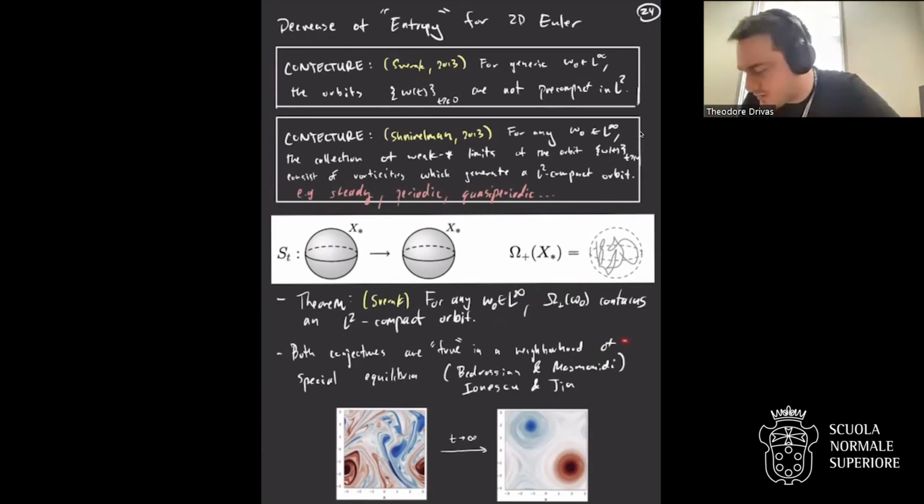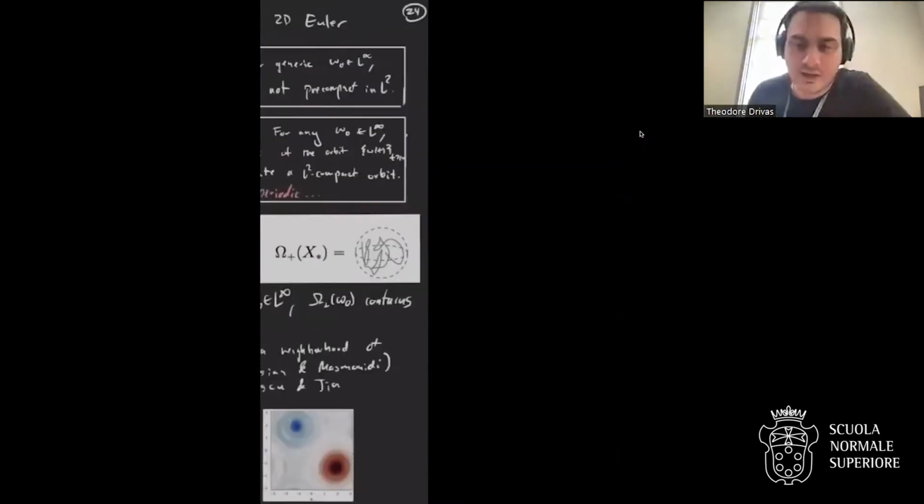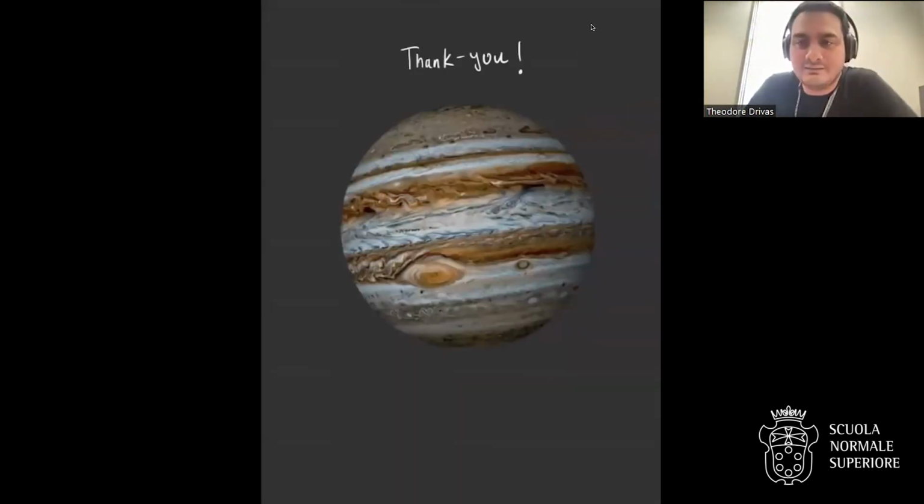And also, there's a certain sense in which both of these conjectures are true for the inviscid damping results in neighborhoods of shear flows. Of course, the genericity in the topology is not the same, but open neighborhoods in some Chevret topology of some steady shear flows that are suitably stable have the property that either they weakly converge to a shear or they themselves are a shear. So that whole neighborhood in phase space qualitatively behaves like this. Okay, so that's it. Thank you.